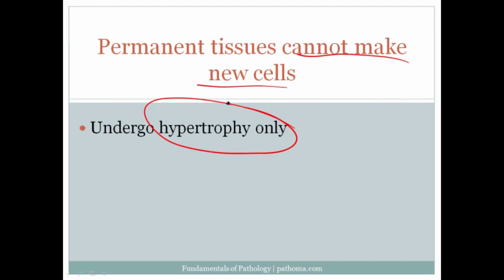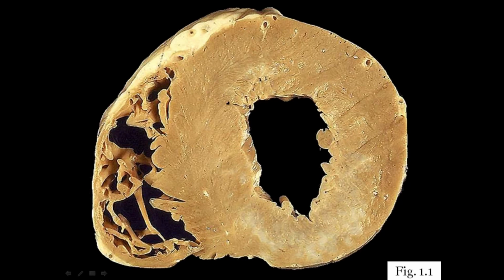These three tissues, cardiac muscle, skeletal muscle, and nerve, cannot make new cells and therefore will undergo hypertrophy only and cannot undergo hyperplasia. Here's a classic picture that likes to show up on exams. This is actually a picture of both the left ventricle and the right ventricle. Here we can clearly see that the left ventricle is very thick and that the right ventricle is basically exhibiting